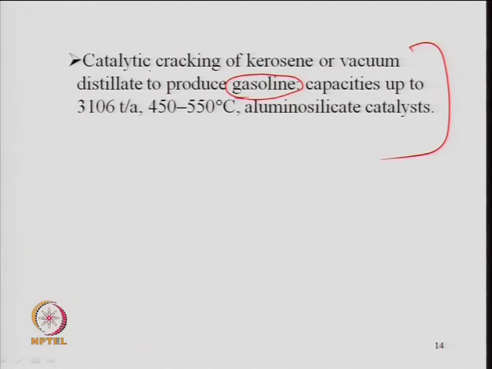So, lighter feedstock will require a lower temperature, heavier feedstock like atmospheric gas oil, vacuum gas oil, the temperature requirement may be 550. And the catalysts are generally the aluminosilicate type catalyst, which is what I told, zeolites, right. So, these are generally the zeolite materials which are silica alumina materials, and they have enough resistance at this condition of cracking. So, they can sustain up to 650 or 700 degree centigrade. So, these kinds of zeolite materials are highly acidic in nature.